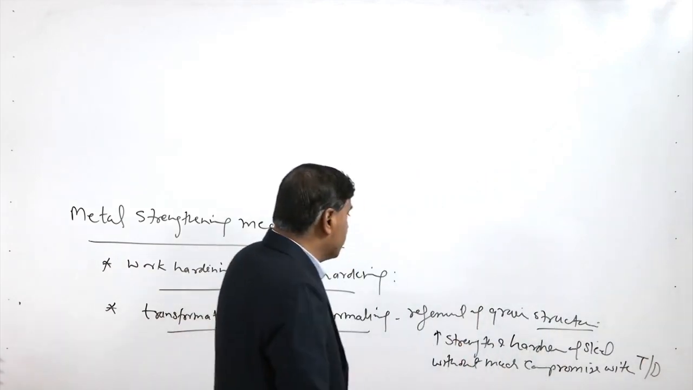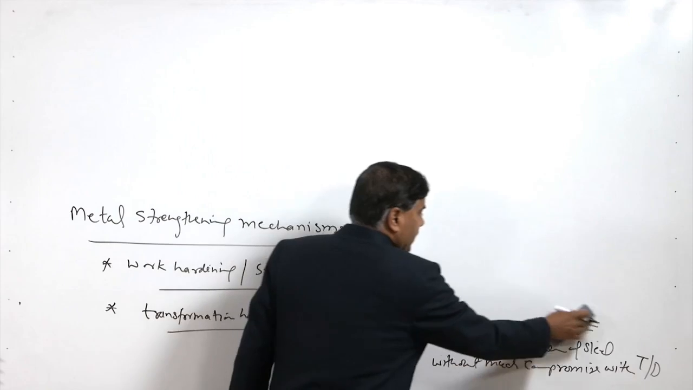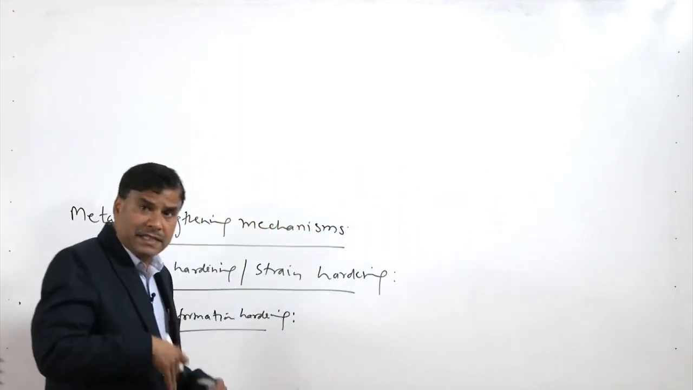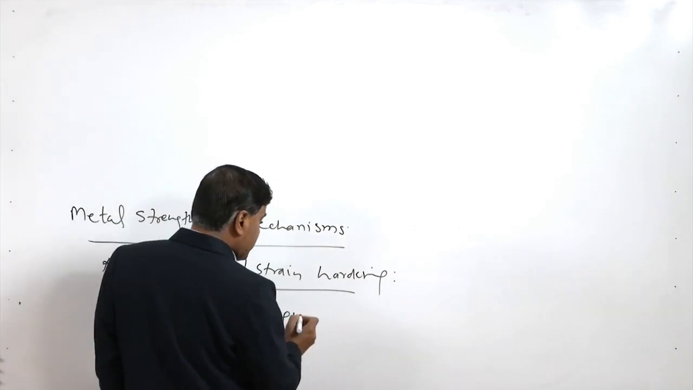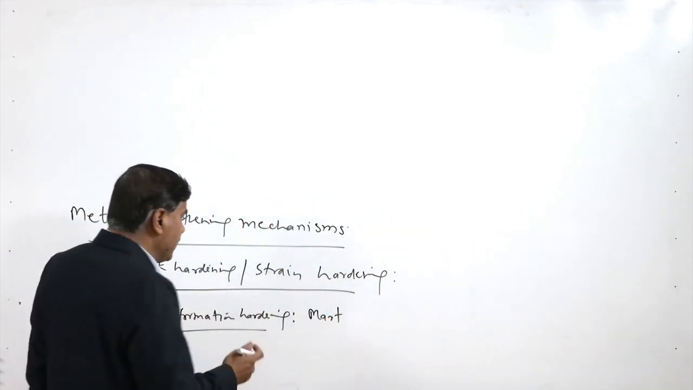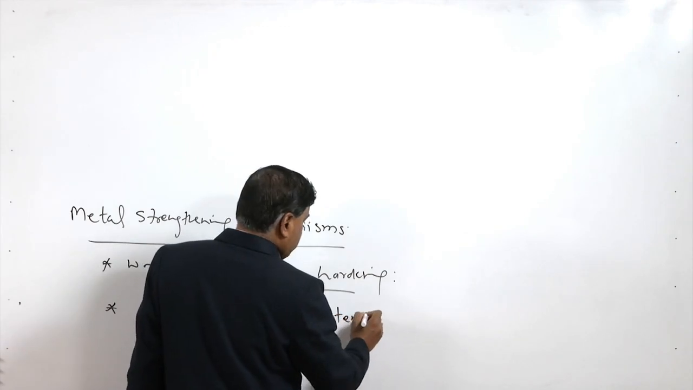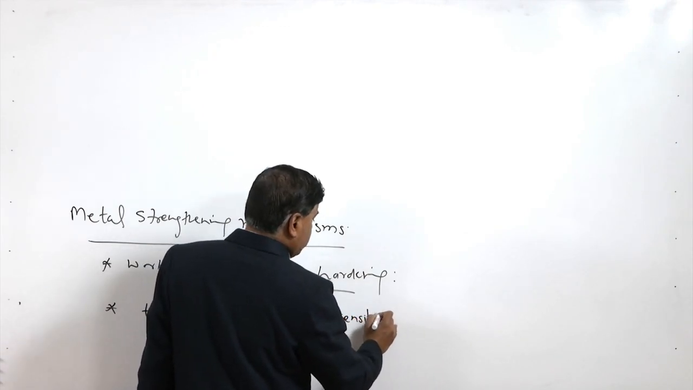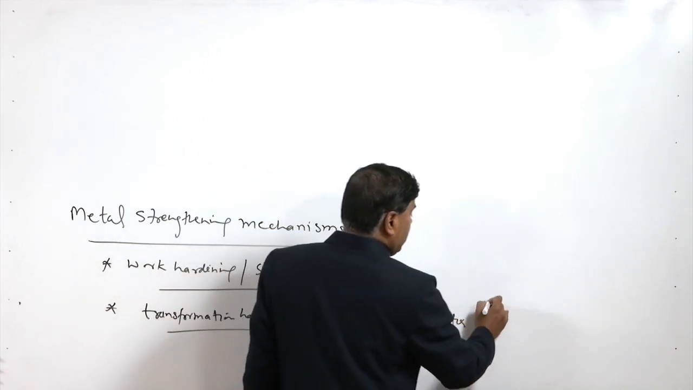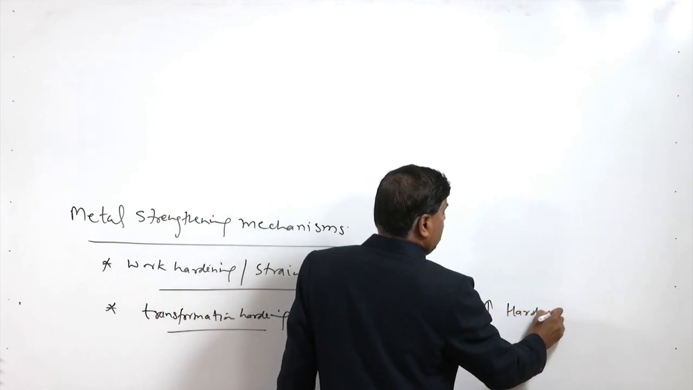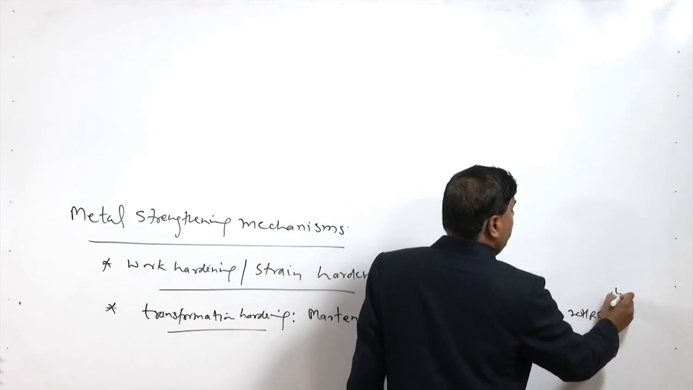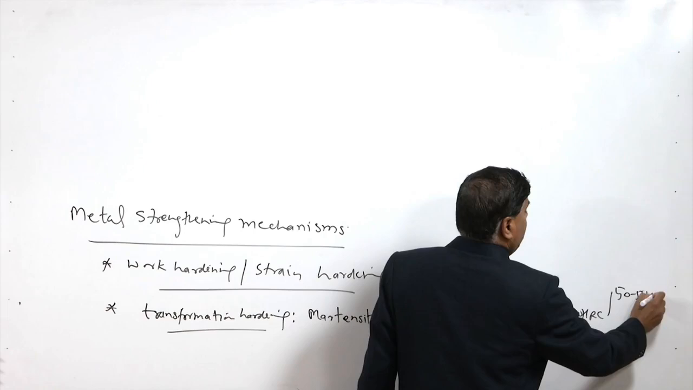So, in that way this is a good process. On the other hand, the transformation hardening causes a significant increase in strength and hardness due to the martensitic transformation. So, in that case like quenching or hardening involving the martensitic transformation, we get a significant increase in the hardness, say from 20 HRC to 50 to 55 HRC,